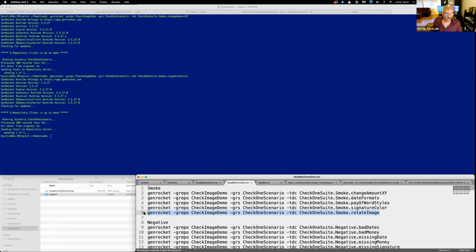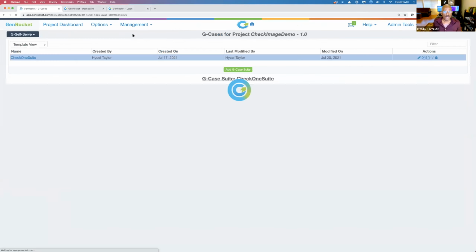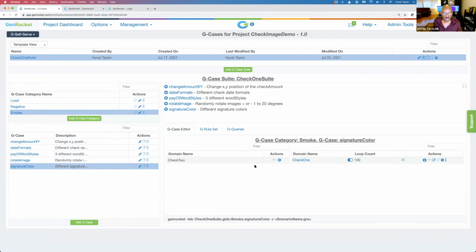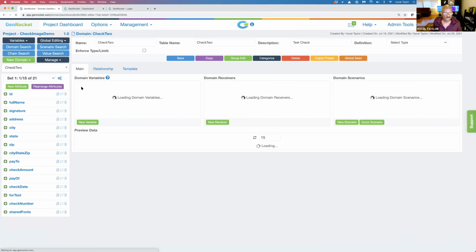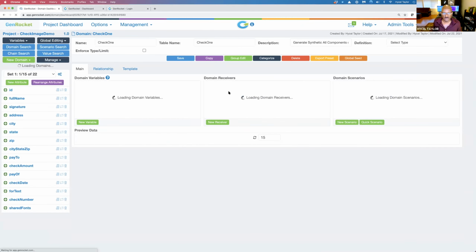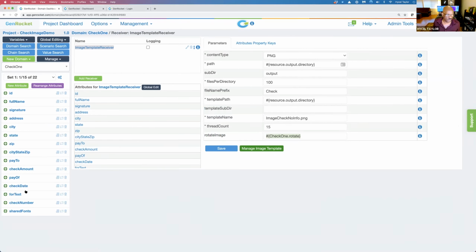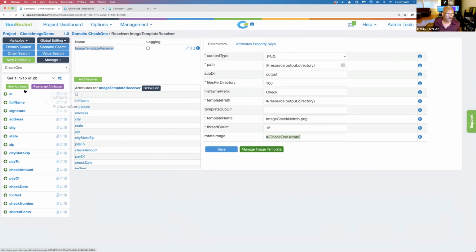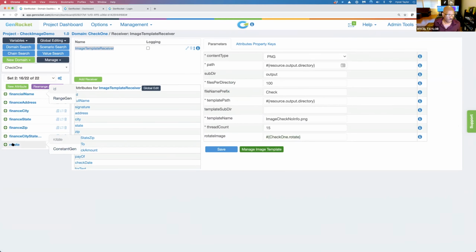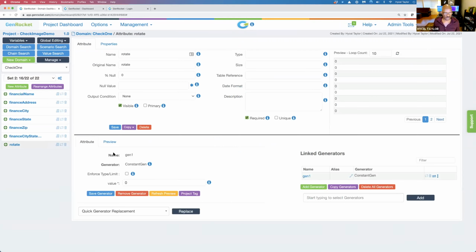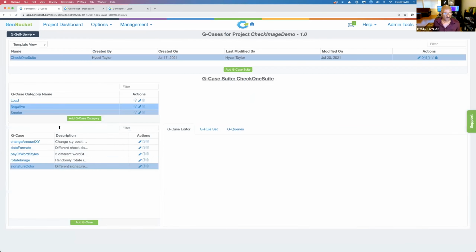Rotation of the images is done by going back up here. If we go back to the main check image itself, go to check one. For the check image up here, we have the ability to specify a particular generator, which can actually do rotation. This particular generator, rotate one, right now it's 0 because this is in my main, but when I go to the particular test data case,